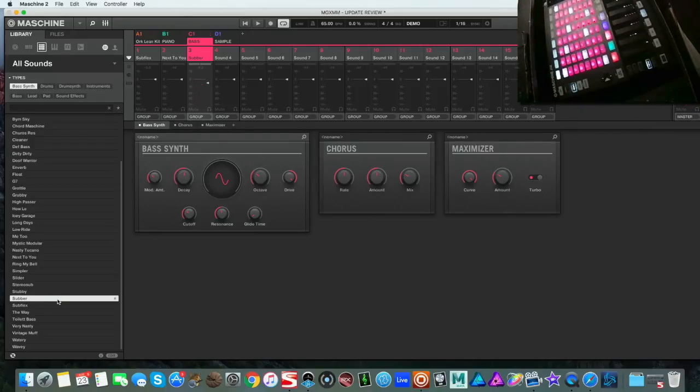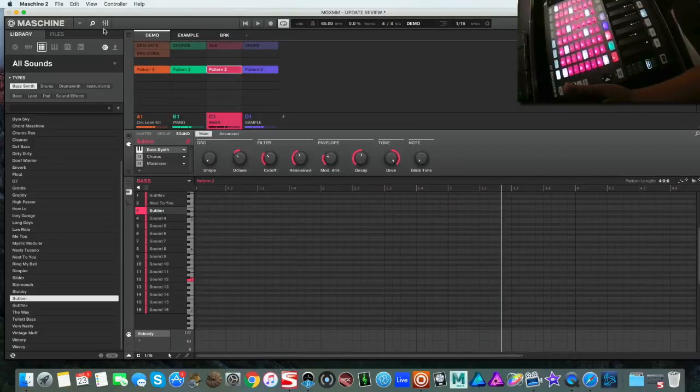And because you're in this isomorph mode, it's really easy to come up with some catchy bass lines. So that's that. That's the Bass Synth. That's isomorph. And the last thing I want to show you